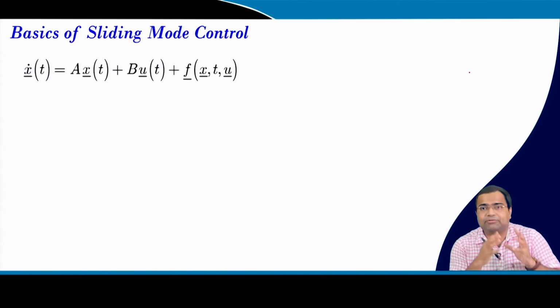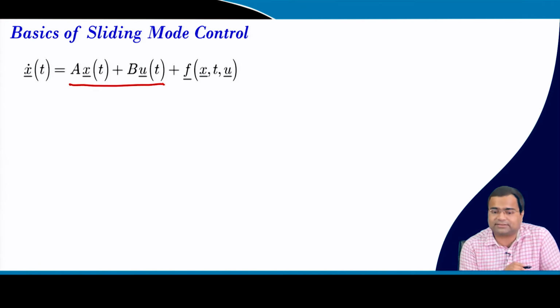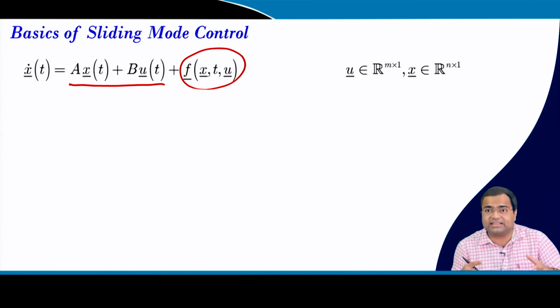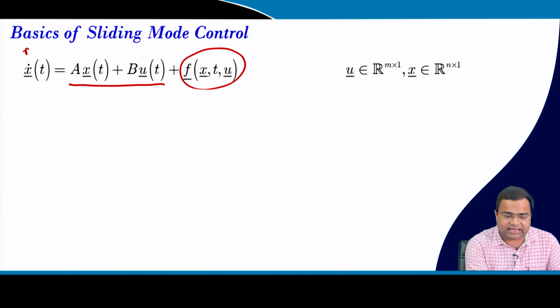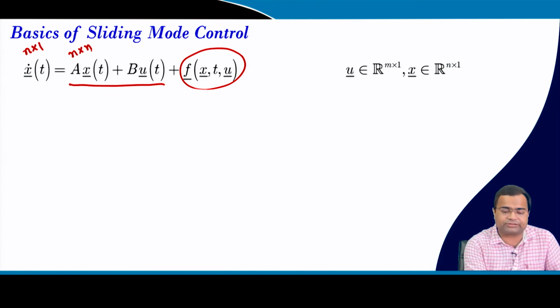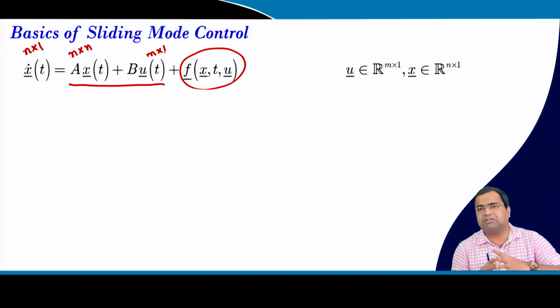That means you take either a linear control that we have discussed, or even a nonlinear control where, along with the linear part, if you separate out, there will be some nonlinear term. Now we are talking about a generic case where the state space has n dimension, n number of states, and definitely A will be n cross n. But here we are talking about a generic case where we have m number of inputs. We talk about only a single input, but you can have more inputs. In fact, sometimes we introduce more inputs, like over actuated systems and under actuated systems.